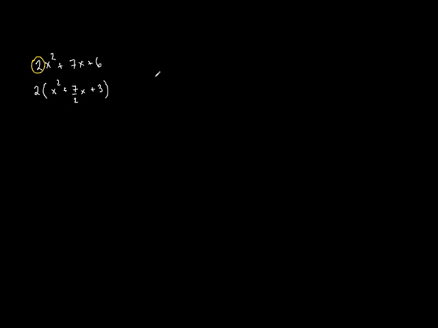I notice that if I have x plus 7 over 4 squared, when I multiply this bracket with itself and expand, I get x squared plus 2 times 7 over 4x plus 7 over 4 squared. Simplifying this gives me x squared plus 7 over 2x plus